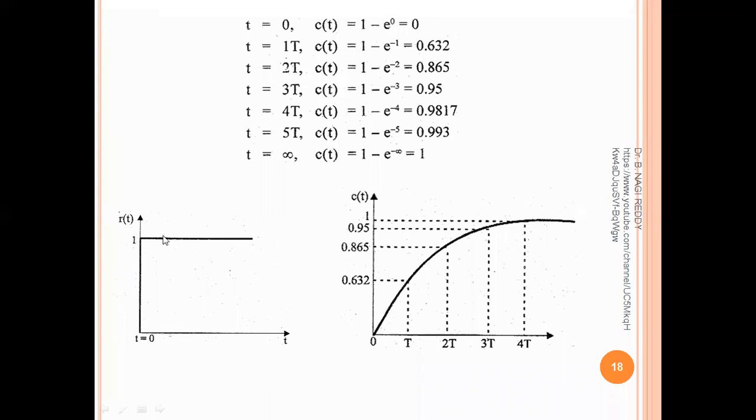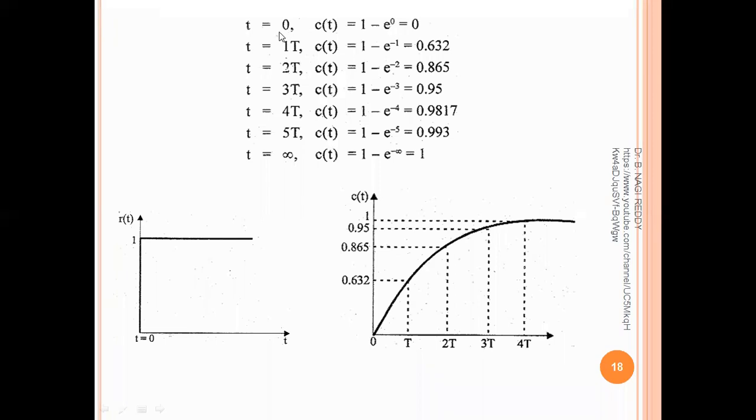So this is our input signal, which is unit step. If it is not unit step, if it is a step signal with a magnitude A, then we will have A here in the place of 1. Okay, so this is the input. Now if we apply this input signal to the control system, then what will be its response? We have derived that equation. Now, to plot the graph, we have the equation, so how can we plot the graph? By substituting different values of t.